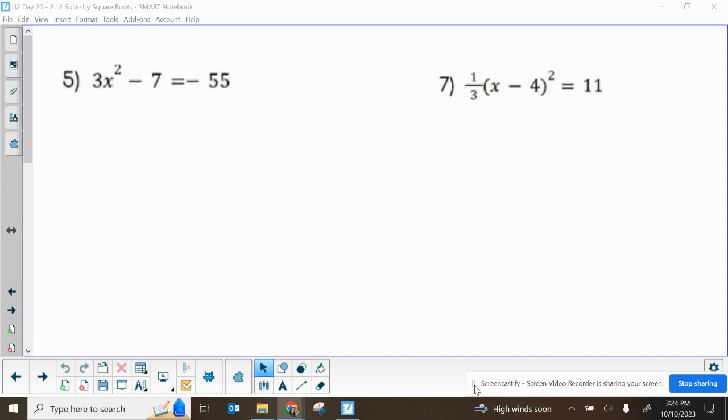So we are talking about solving by square rooting. And this comes after we talk about complex numbers. So we're going to watch out for i. But we're going to solve by square rooting whenever we have,